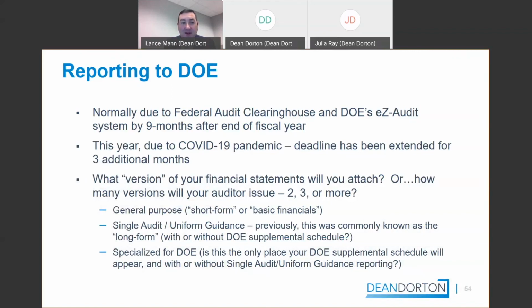You need to start thinking about what version of the financial statements you are going to attach when you do that work. So I'd go ahead and start getting with your auditor now about it, or give them a couple weeks since they're in the middle of their busy season. But soon I'll be getting with your audit firm.